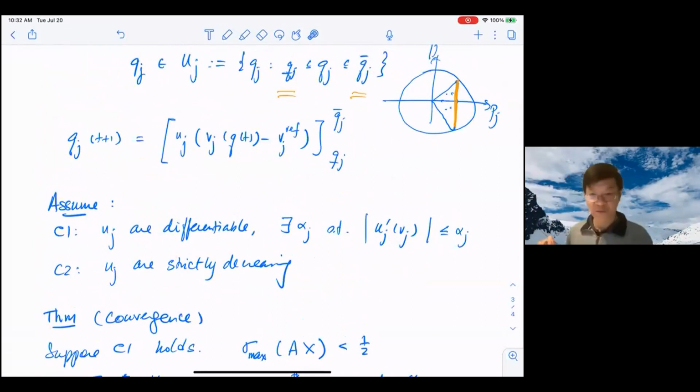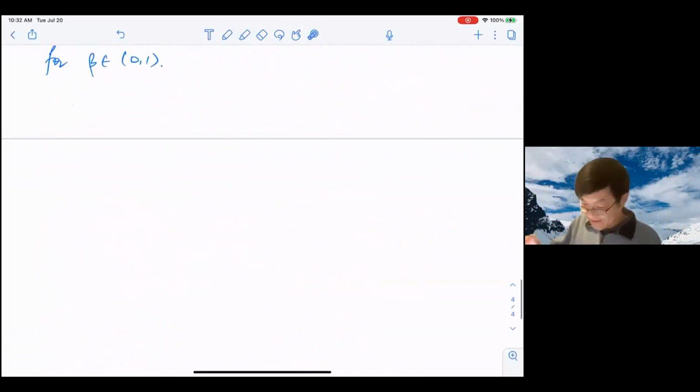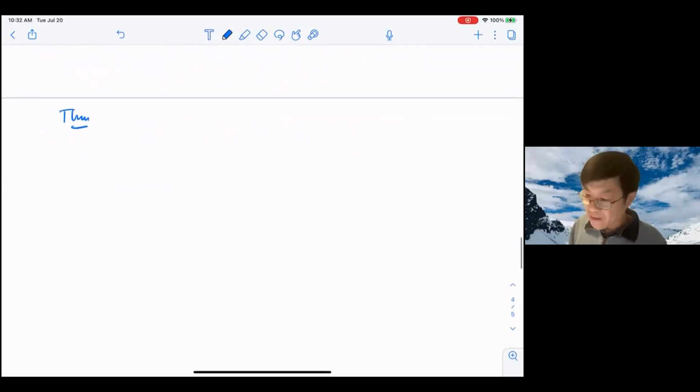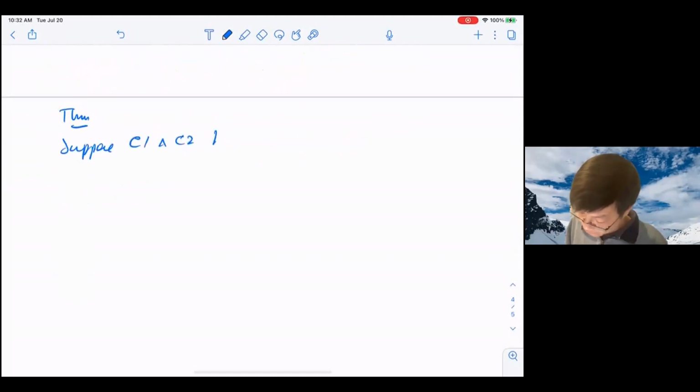I'm 2 minutes over, so let me just quickly state without much detail: what can we say about the equilibrium point Q star? Well, it turns out that, suppose conditions C1 and C2 hold, then the unique equilibrium point